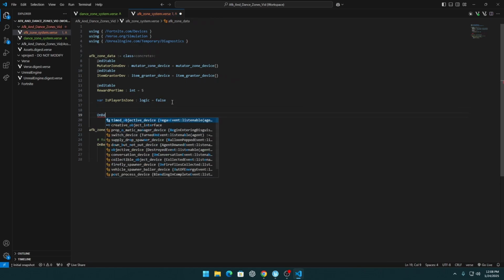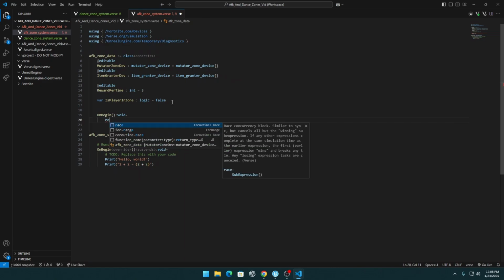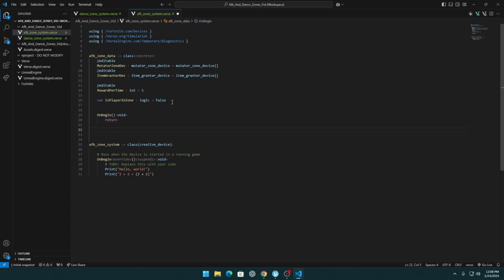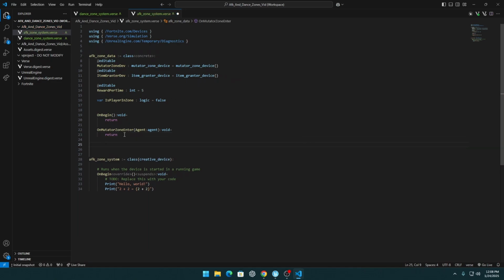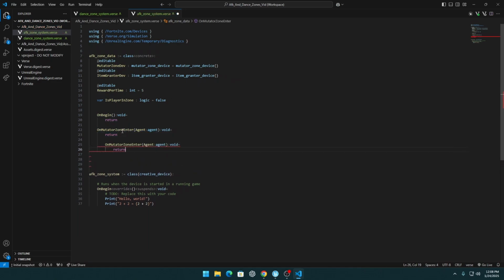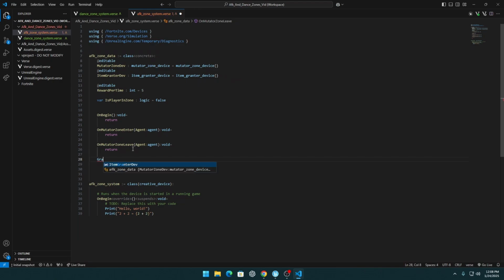Okay, we need on begin. Then add return for now. On mutator zone enter with parameters agent type void and also returns for now. Then copy this function and change the enter to leave. And also we will need the function with grant rewards